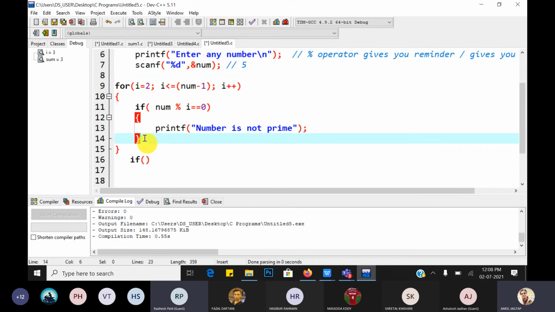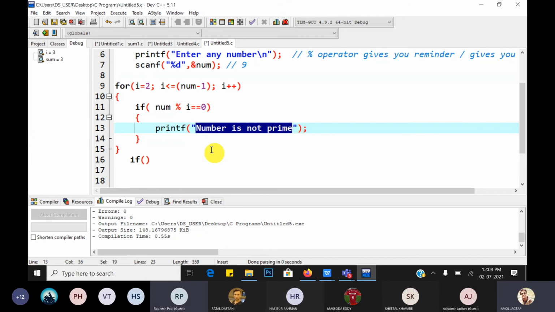No, because 6 or 9 is there. 9 mod 2, what is the answer? Not 0. But 9 is not a prime number because it is divisible by 3. So we must divide from 2 to num minus 1 and check whether the remainder is 0. If remainder is 0 in between, then the number is surely not prime.